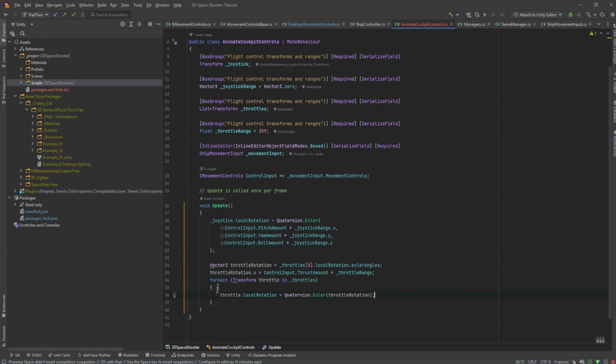There. So that will calculate what our throttle rotation should be, adjust it on the x-axis, iterate through each of our throttle transforms and set their local rotation to be that throttle rotation. Let's go back into the editor